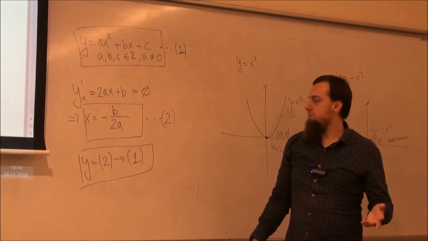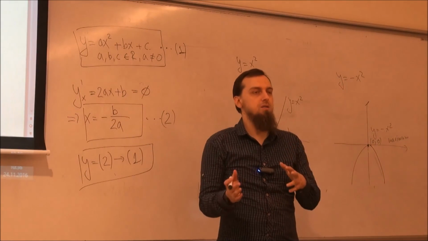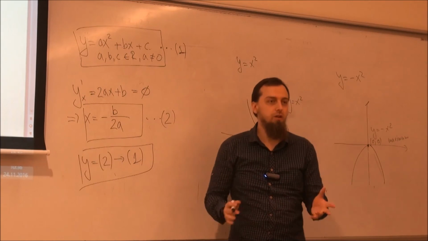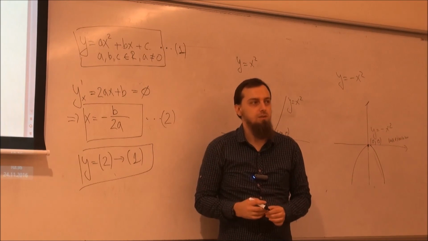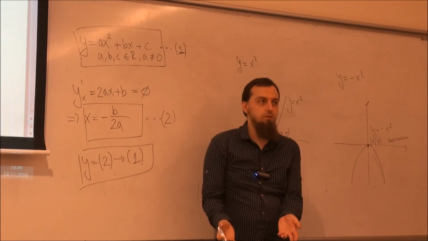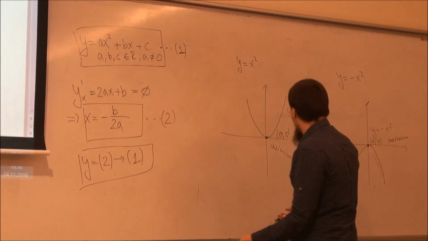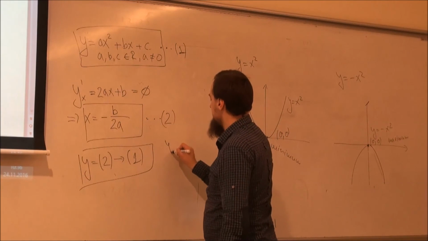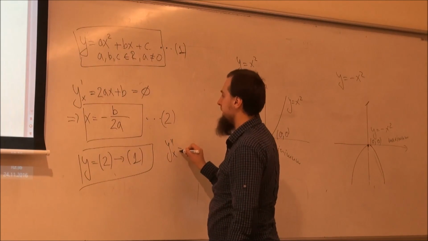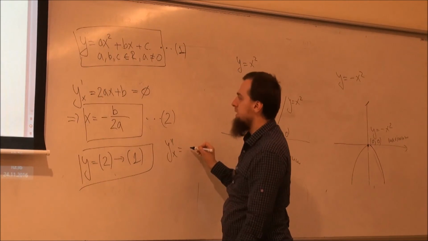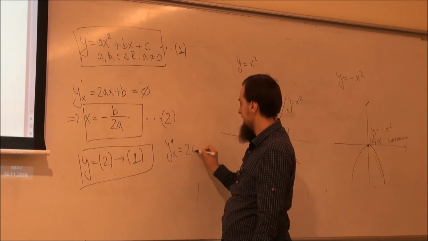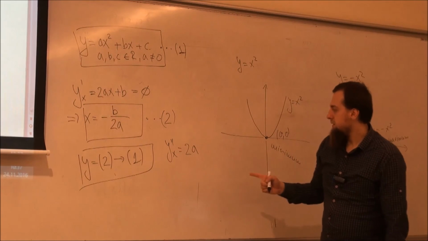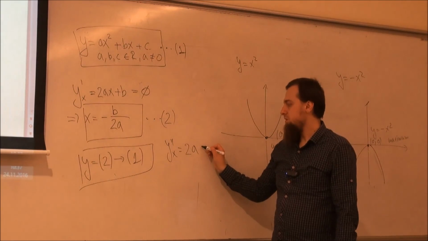Now, the third job is the following. We should see whether it's a maximum or a minimum. So how are we going to do that? Do you have any clues? Do you remember it or not? You find the second derivative. The second derivative with respect to x is equal to 2a. Yeah. Okay, if the second derivative is greater than 0,